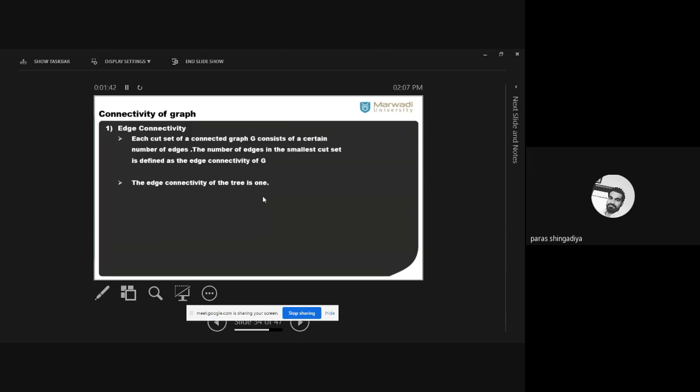So here, let's consider an example so we can get an idea of how to find edge connectivity. Let's draw an arbitrary graph here, and we'll check all of its possible cut sets. Right now I consider only 4 edges, but we can include some more edges here.